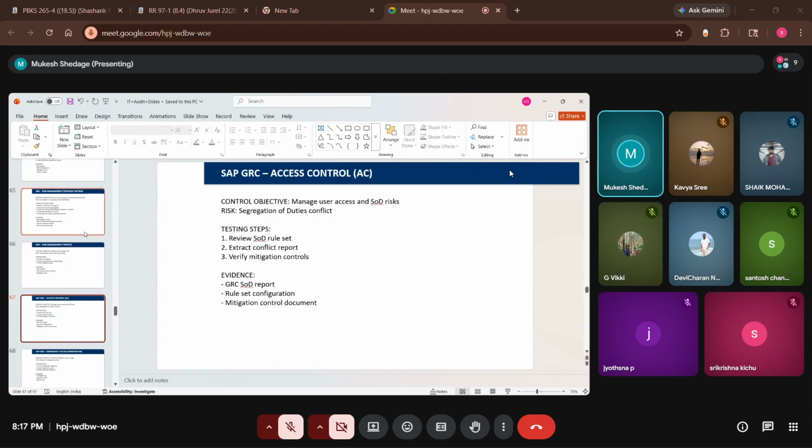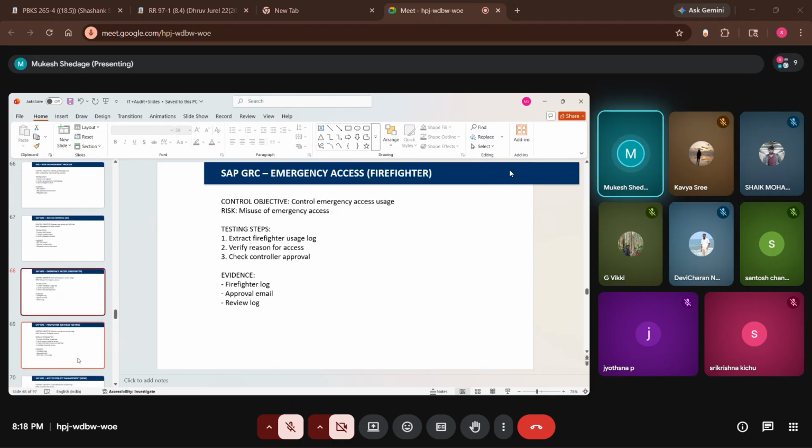Any doubt in GRC, guys? In this, one thing is remaining, which is compliance, which we will see last: ISO 27000, PCI DSS compliance and everything. Any doubt up to now in risk management? No, sir. Okay. Now, in SAP GRC, guys, SAP GRC is not like our generic GRC where you will prepare